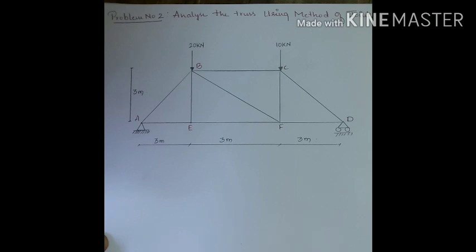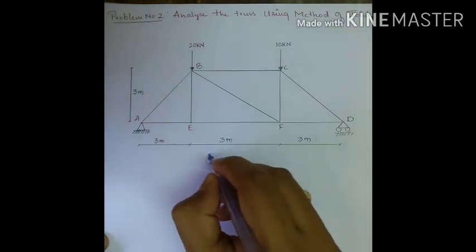Students, today we'll be finding out the forces using the method of joints. This is the second problem. In the previous sessions we have already discussed the first part of the section. First and foremost, we need to calculate whether the section is in a stable or unstable condition. To calculate that, we need to use the formula m is equal to